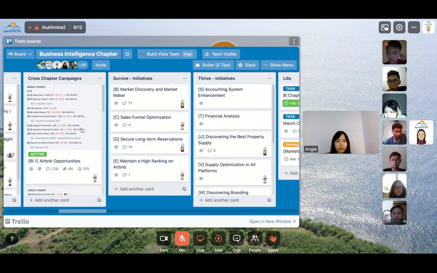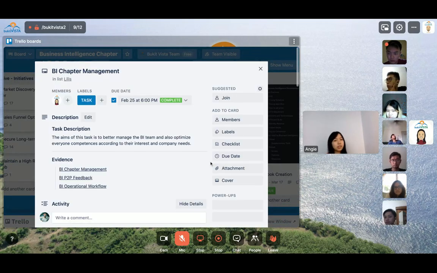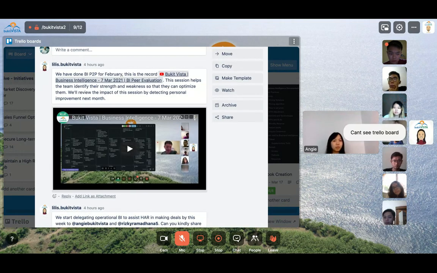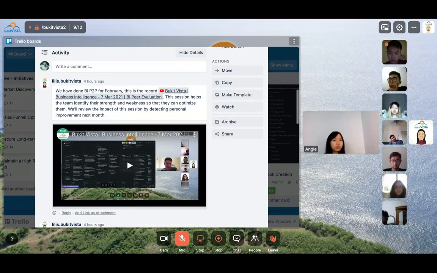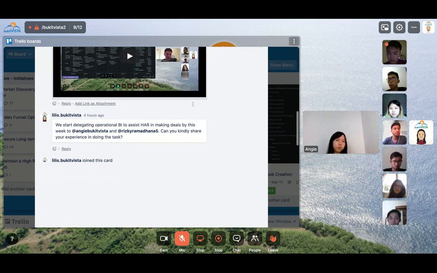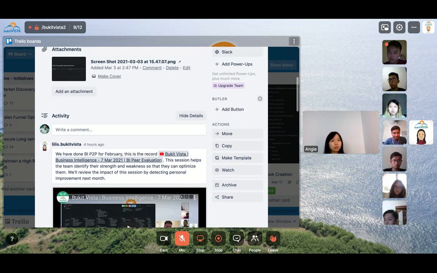So from Kak Lilis, her first card is the BI chapter management card. And this is the first week that she delegated the operating BI to assist HAR in making deals by this week to me and Rizky. So we will share our experience right after the Scrum. And Kak Lilis has done the BI to P2P for February, and the recording is attached there. So she hopes that this session helps the team identify their strength and weakness so that they can